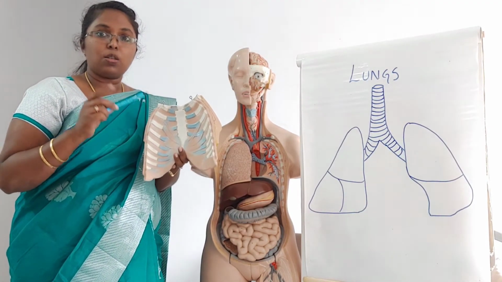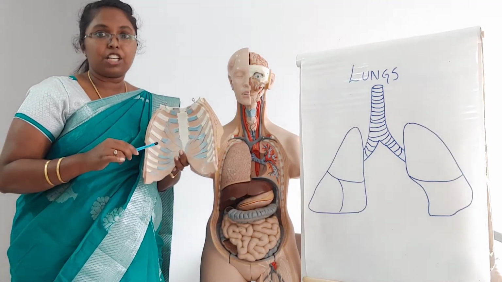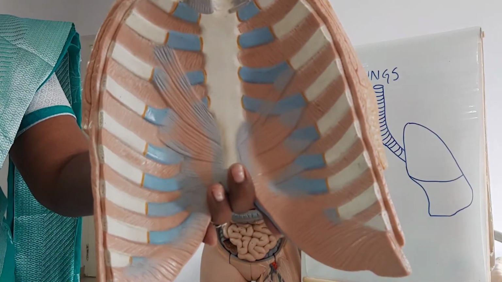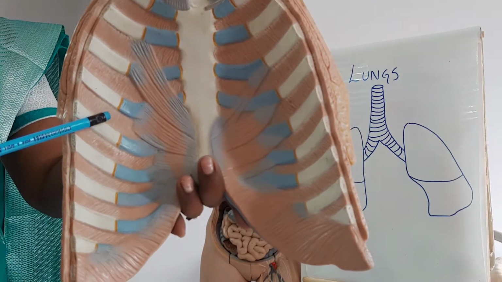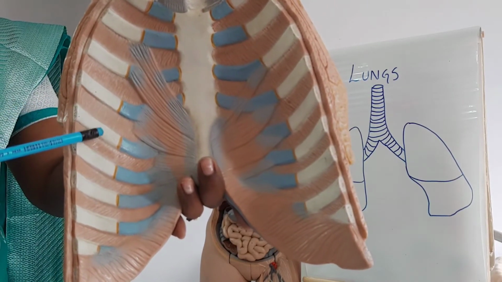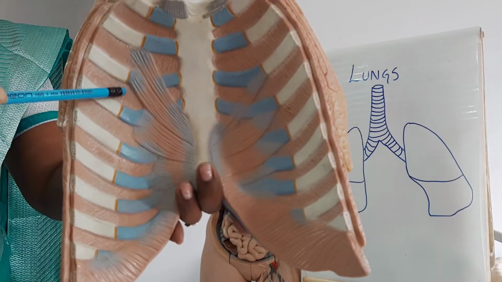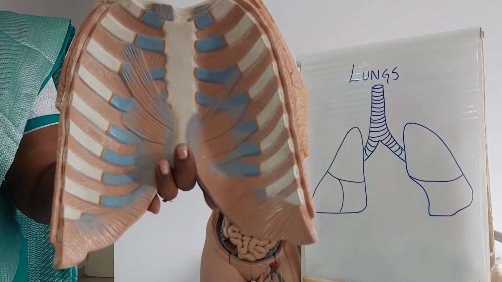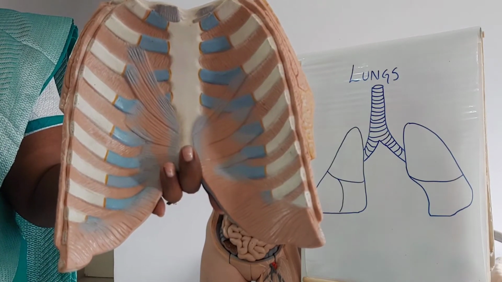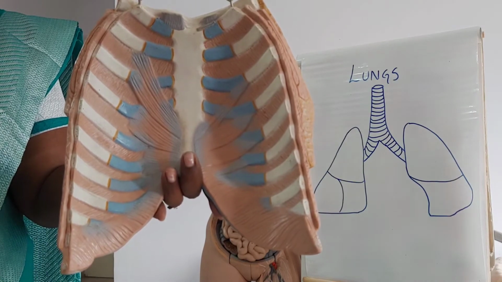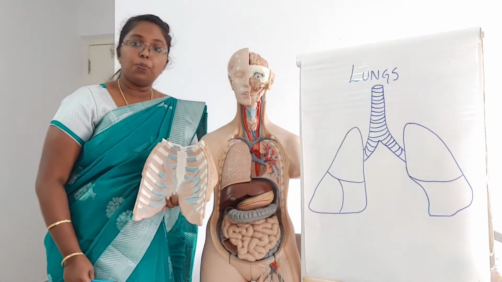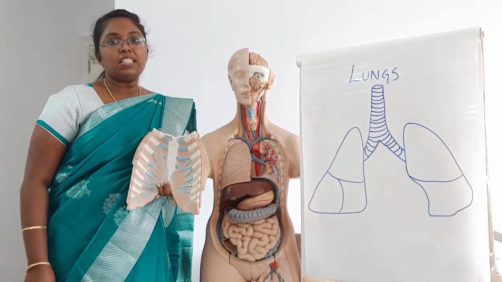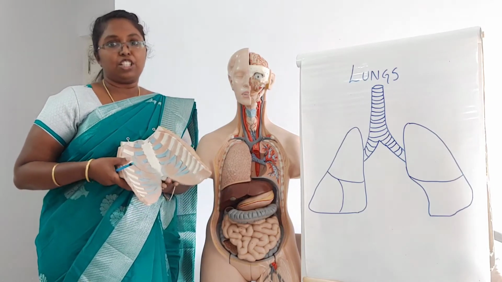So this muscle is one of the muscles which help in respiration. I will show you more closely. This is the intercostal muscle which is in between the two ribs. So we have 12 ribs. In between, if you count, there are 11 intercostal muscles. So I hope it is clear. There are 11 pairs of intercostal muscles which help in respiration.